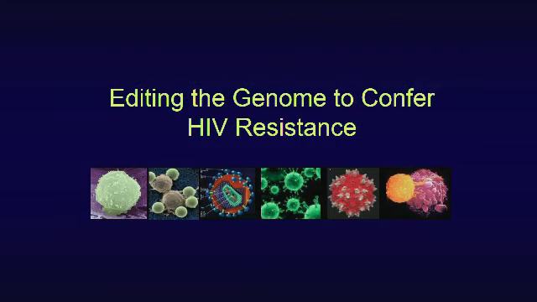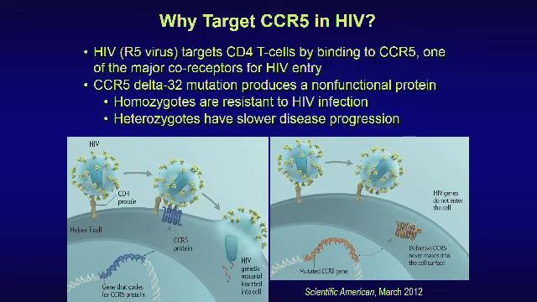Okay, so let's talk about editing the genome and in particular why target CCR5. HIV can bind to CD4, but that is not sufficient for entry. That is knocking on the door, but not getting in. To get in, there needs to be expression of a co-receptor, and the vast majority of virus uses the CCR5